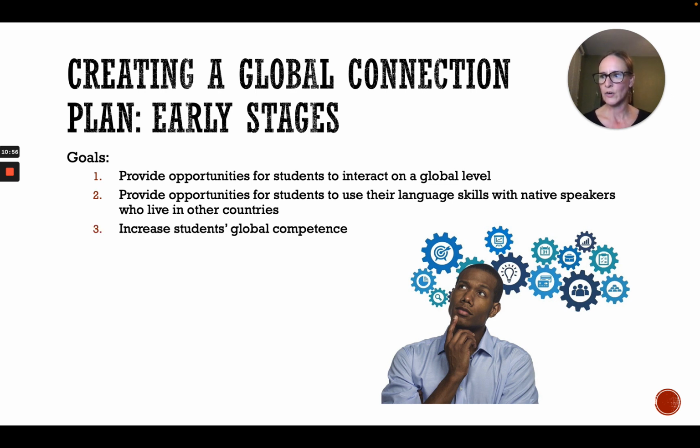I wanted to increase students' global competence, their ability to interact with the rest of the world and respectfully interact and exchange ideas and take action together. And I wanted to be able to do all of those first three things equitably. How do I provide opportunities for my students who may have fewer financial means? How do I provide opportunities for students where no matter what that student's background is and who they are, they can see themselves in the curriculum? I wanted to work harder to reach all kids.